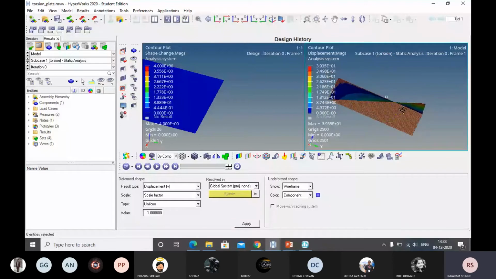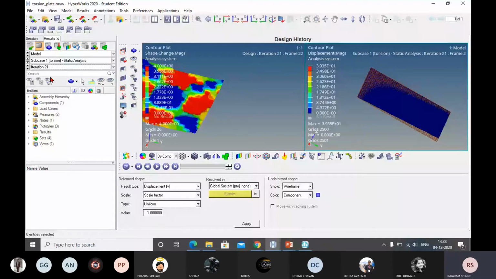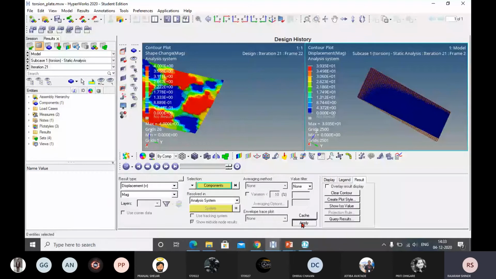But if we go to the last iteration, and if I click on apply, you can see here it is 4.47. How much displacement have we reduced? I will show you. You see this one, this is one, and this is the other.